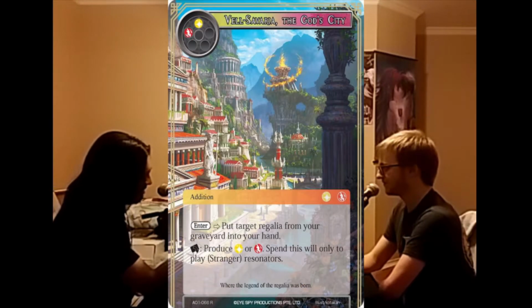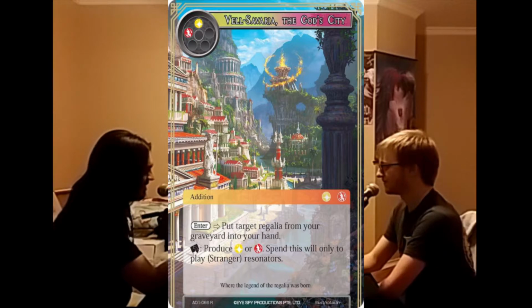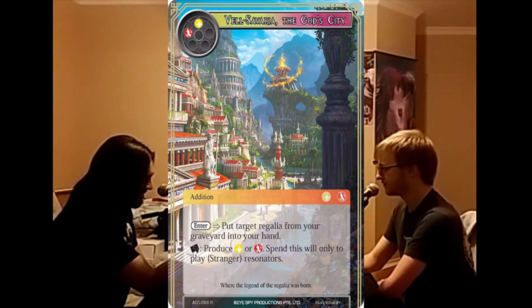I can tell you that much. You know what? Again, since we're on the topic of Regalia with our new little big snake friend, let's go to our nice 2-drop addition that on enter just puts the Regalia back in your hand from grave. Which one was this again? I forgot about the... Oh, Vel Savaria. God City. Enter: put target Regalia...